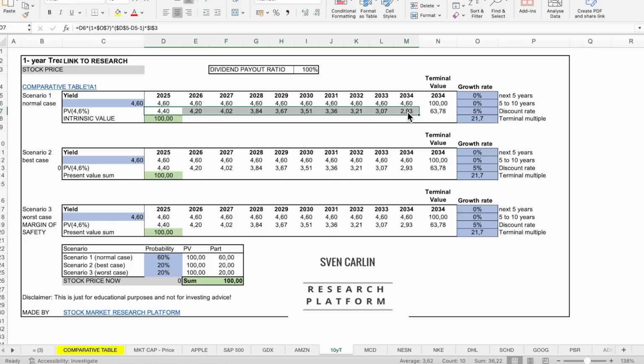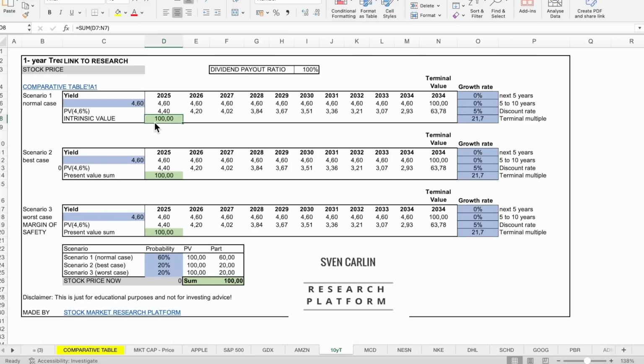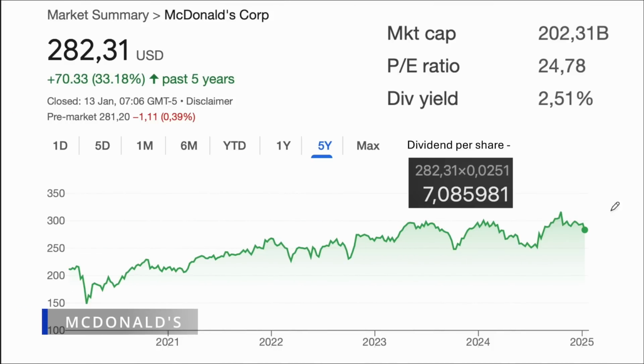The present value for the discount rate of 4.6%, this is rounded up here. Here you have the discount rate. And that's just a quick example of the 10-year treasury. Unlikely the government will not pay you, there can be inflation, but you will always get your $100. What will those $100 purchase? That's a different question. Then we have McDonald's, dividend yield 2.5%,